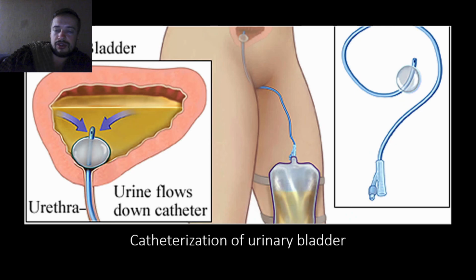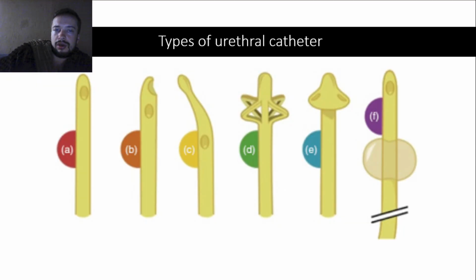There you see catheterization of the urinary bladder, and I show it in another lecture. There you can see types of catheter. Type A is the most common type, and it's a side open type. B is the whistle type. C, Q-tip. D, Malecot. E, mushroom tip, and F, tip of Foley catheter. Most often we use the Foley catheter,